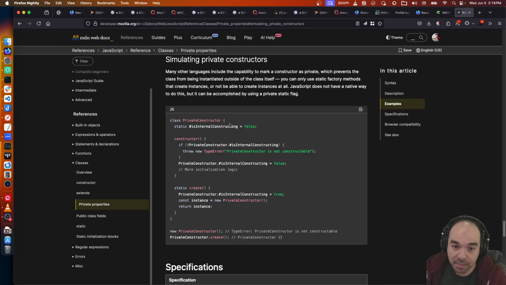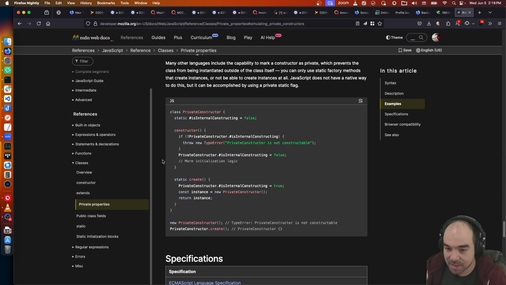But there's no such thing as a private constructor in JavaScript. So you can kind of simulate it in a gross way by having a static private Boolean that only gets set to true inside of your static async initializer method, and then you have your constructor check that static property, and if it's not been set, throw an exception. It's pretty gross, but this seems to be how you do it. This is how you do private methods in JavaScript right now. Maybe someday.